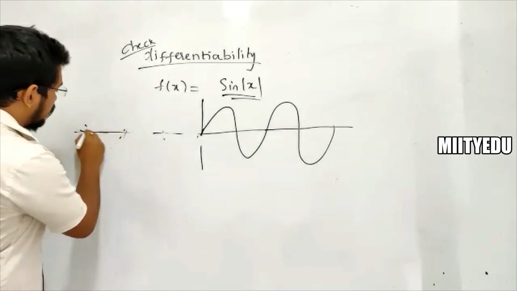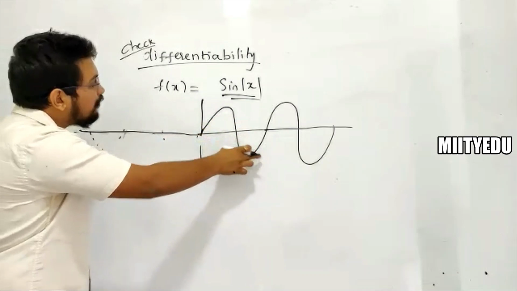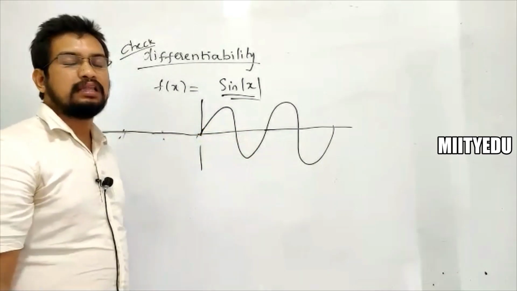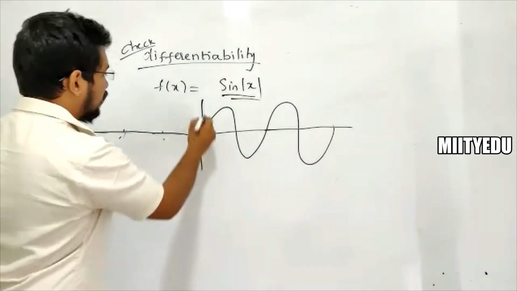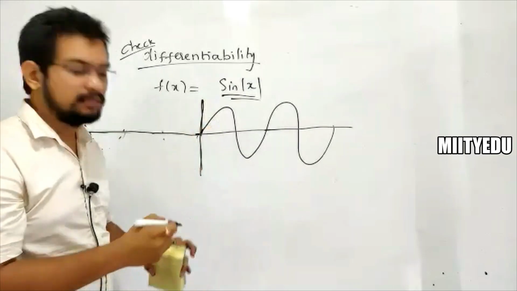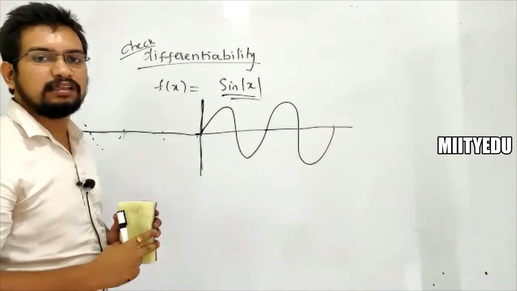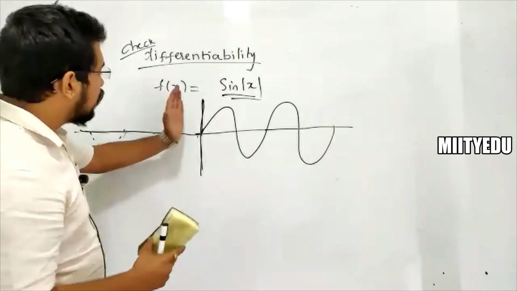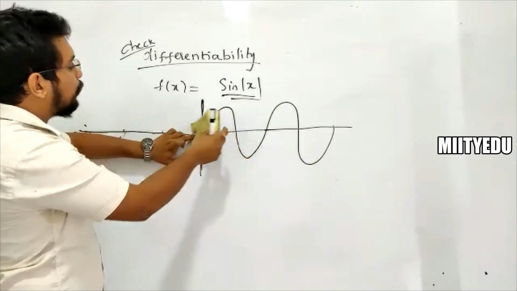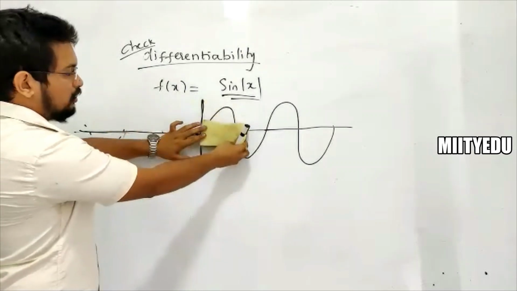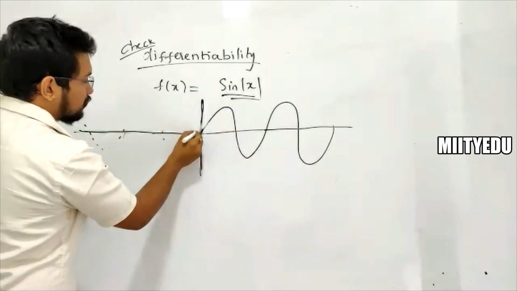Now what you do is that you take the reflection of the graph on the positive part about your y-axis. It is something like this. There is a graph which is present something like this. Now, treat this as a hinge, treat this as a door. You just try to open this door like this. So what you get is this part.